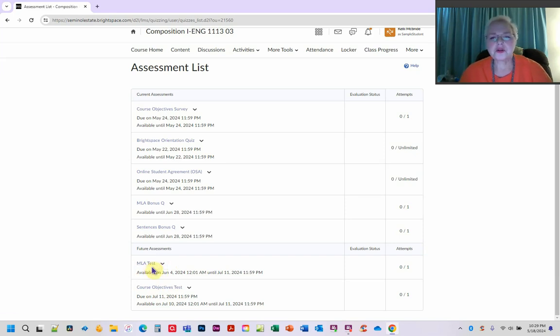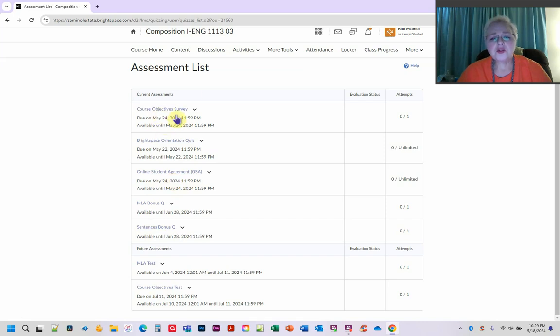Not all the questions are worth the same amount of points. Some are worth 4 points, some are worth 7. So again, they're not horribly long tests. They're all open book, but they do count quite a lot. And then of course you've got a couple of bonus quizzes, as well as then some of the Brightspace orientation